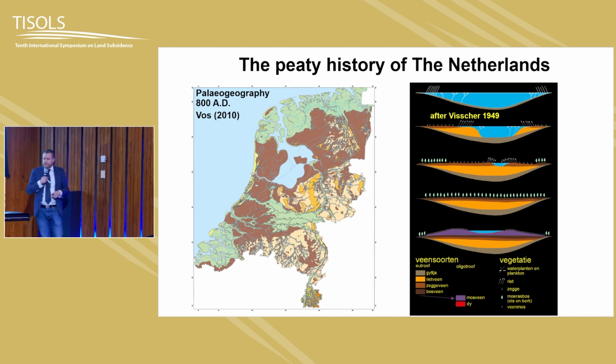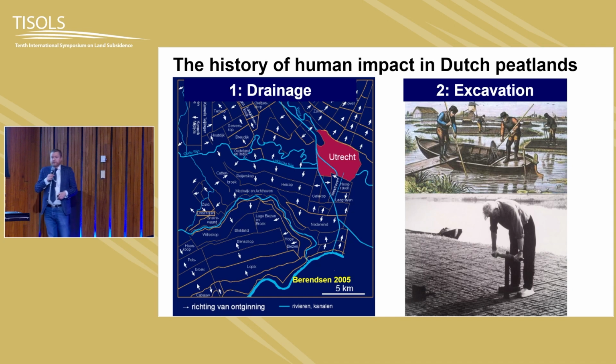They were never below sea level. So not even the Dutch started below sea level. We also started above sea level. And there were two things that we did. We drained them and we excavated them. Excavation we did either in the wet, under submerged conditions, or dried, and then we cut the peat here. We dried the peat and used it in stoves for combustion for heating purposes. So that's burned. Drainage happened, for instance, with the Bishop of Utrecht as a large initiator. From the rivers or from canals, we drained the peatlands from both sides, basically cutting ditches and canals to lower the ground level to make them arable.